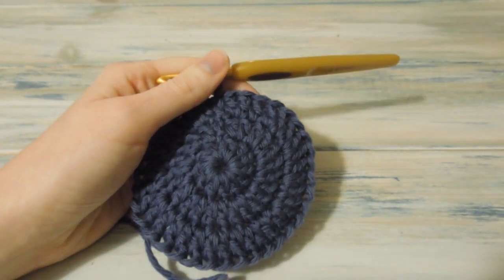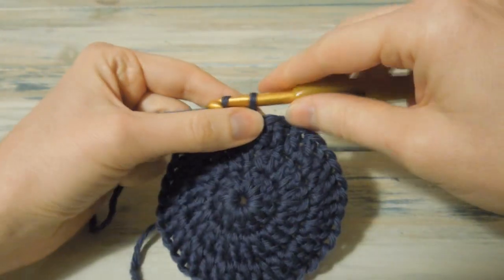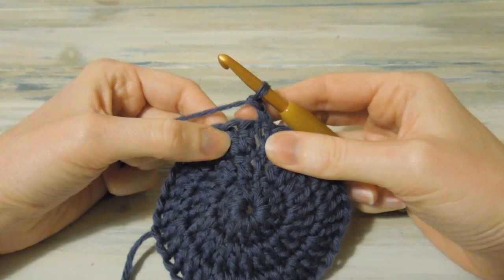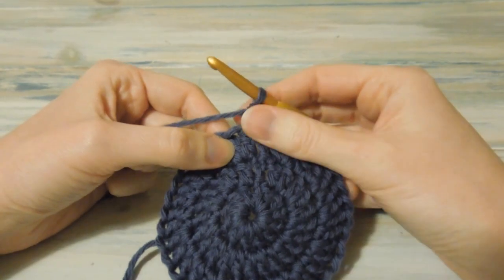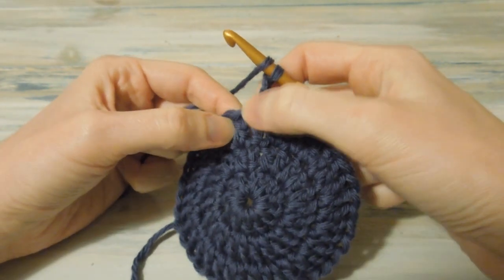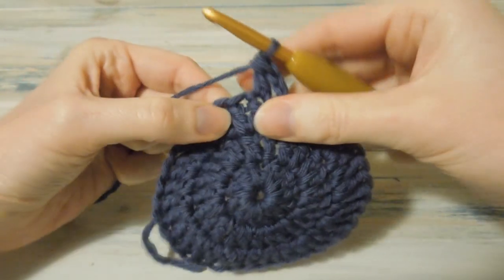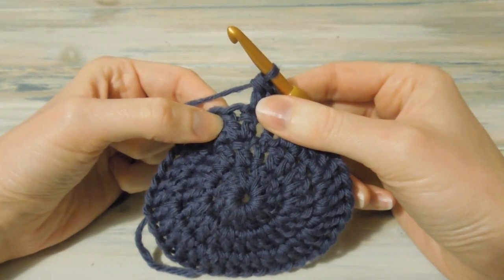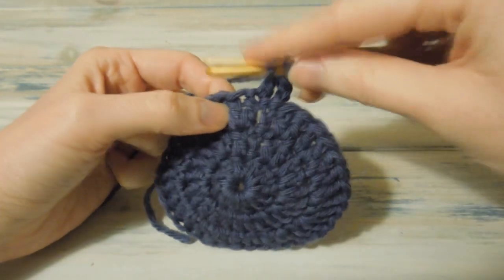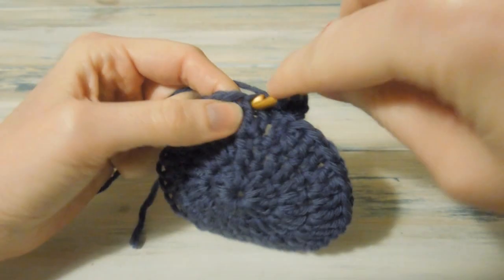to get it up a bigger size, up to 6 to 12 months, round 4 we're going to chain 2, so that's 1 and 2, and then we're going to work 1 double crochet in the next stitch. So we go straight into the next stitch, so not the one underneath the chains, but this next one along. Do 1 double crochet, okay, and then we're going to work 2 double crochet in the next stitch, and that should line up with our previous increase. So we do 2 double crochets, so that's 1 and another one in the same stitch,